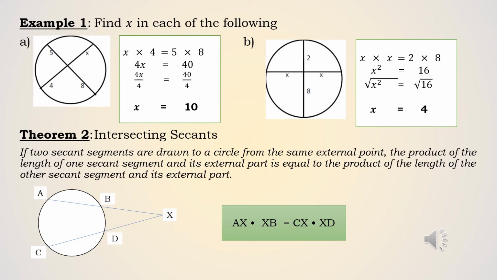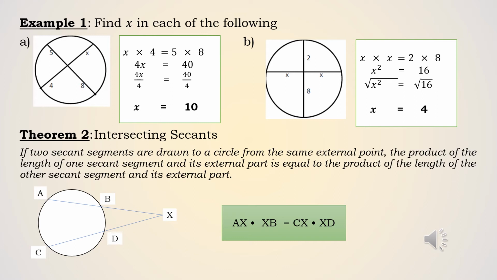In the diagram, you can see that the two secants intersect outside the circle and that point is labeled as X. Now, in our own simple terms, we can say that this theorem says it's the whole length of that secant, which is IX, times the external length of the top secant, which is XB. So IX times XB is equal to, the same rule will apply to the second secant. The whole length, which would be CX times the external length, which is XD.